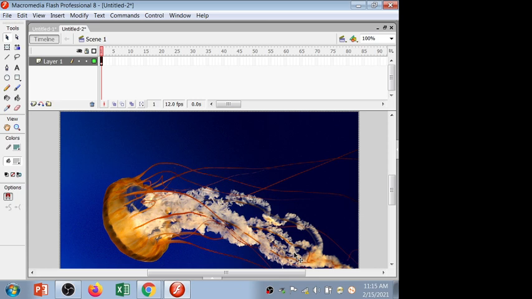Now one more layer I'm going to insert, and I'll rename it small. So in this layer I want to copy the same image.